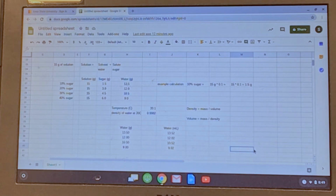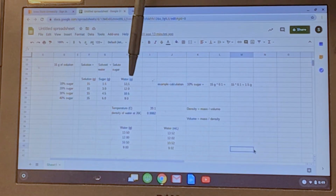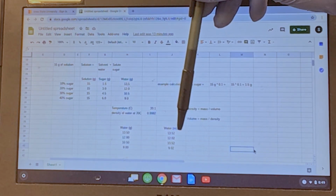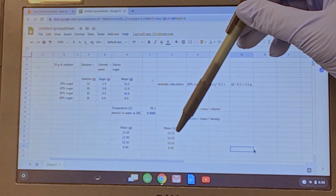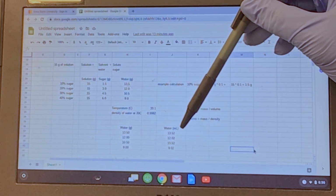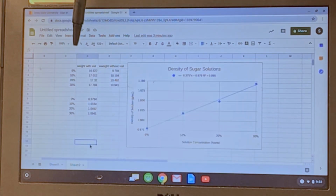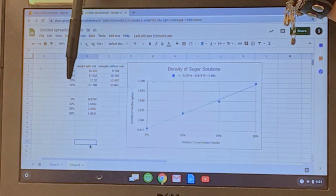Okay, so now what I'm gonna do is I will weigh first 1.5 grams of sugar, and then I will mix it with 13.5 grams of water, which is 13.52 milliliters. So I will mass the sugar with the balance, and I will take 13.52 milliliters using the tool that I determined in part 1 to be the most accurate and precise, which is the pipette. Okay, so here I have the weight of the 10 milliliters of 0% sugar, 10% sugar, 20% sugar,